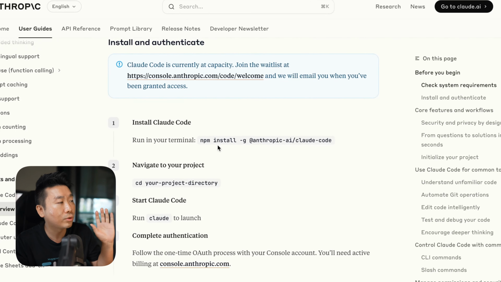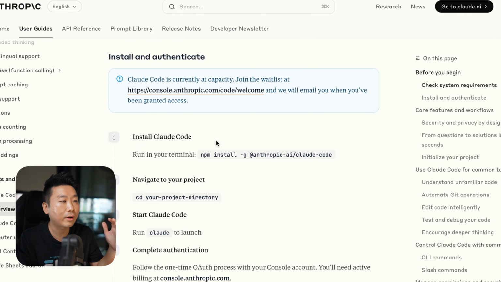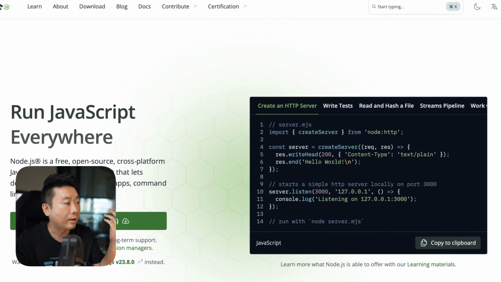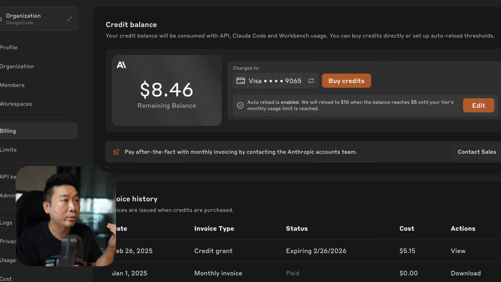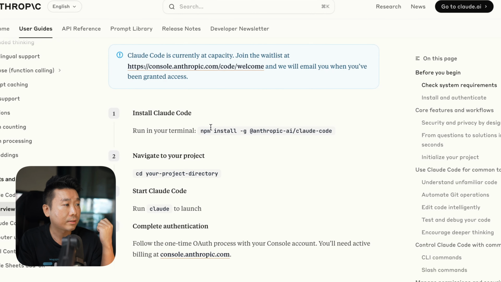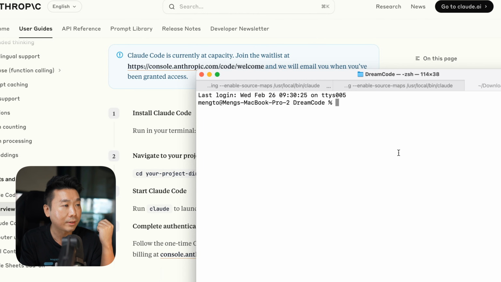And you need to know a little bit about Node. So you need to install Node first. You're gonna go to node.js and download this for your platform. And you need to know what a terminal is. Once you have all of that, you open the terminal, which looks a little bit like this,